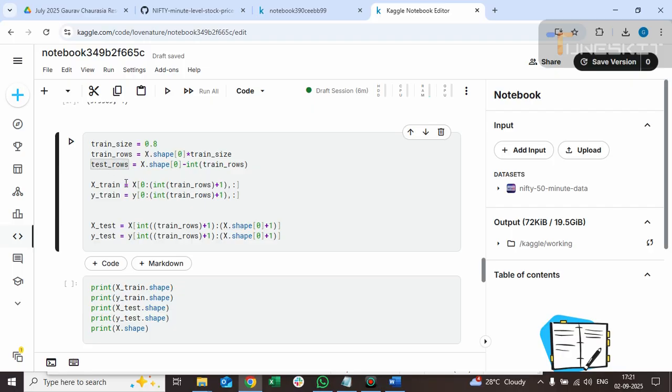So train test in AI means, suppose we have 1 lakh rows in the time series from 1 September 2023 to 1 September 2025. We have data from this range. So we have a total of 1 lakh rows. So whenever I create a machine learning or AI model for prediction of price or for classification, for any type of prediction in AI,